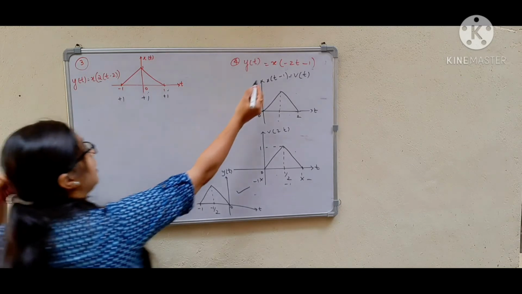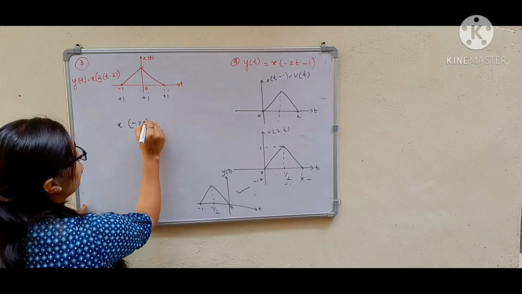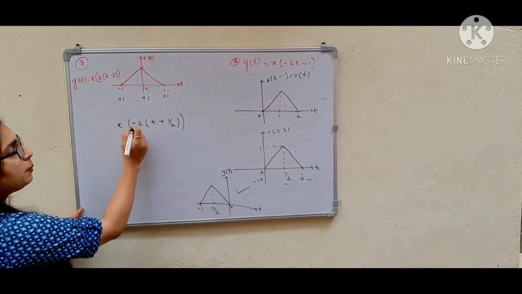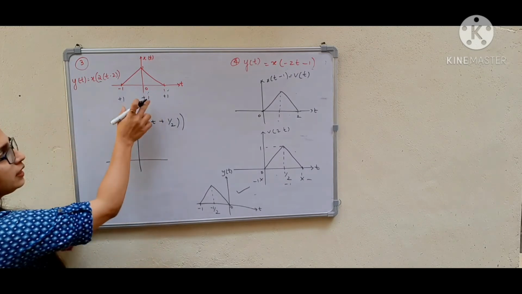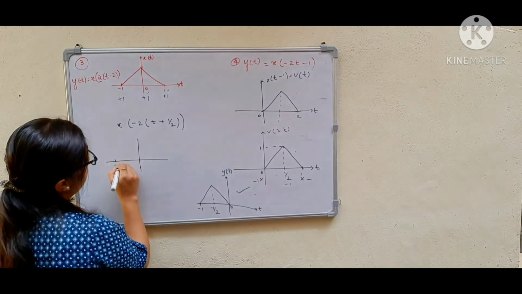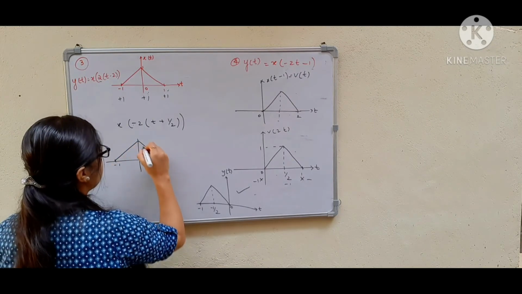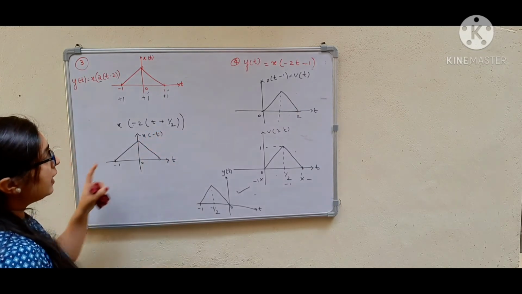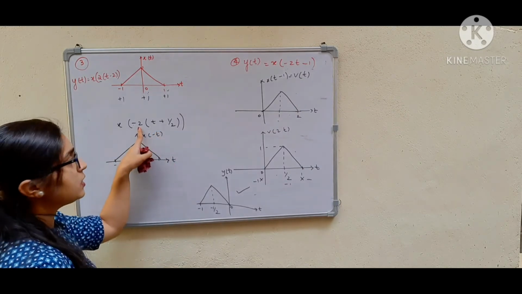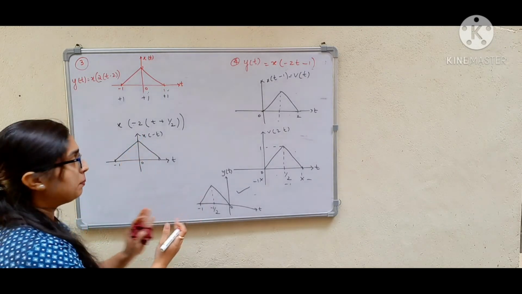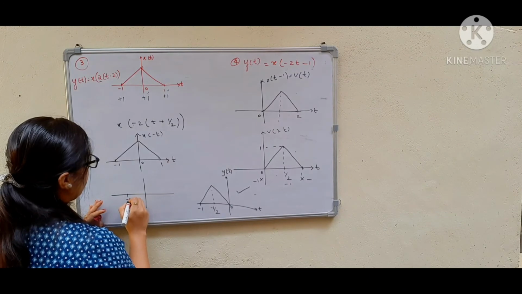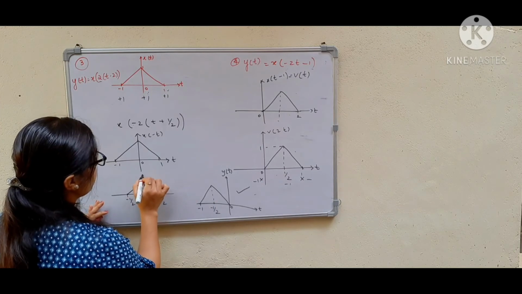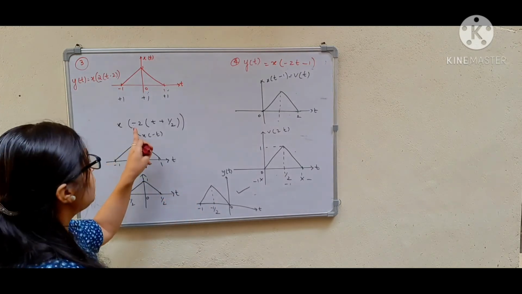So if I come from left to right, I will take the coefficient of t outside. So this becomes t plus 1 by 2. So first I will perform the reversal. The reversal here doesn't affect. Minus 1, 0, 1, we will get the same signal for reversal also. So this is x of minus t. Then I will perform the scaling on this. The scaling factor is 2, so it means compressed version. So that will be divided by 2. Now we have got this.